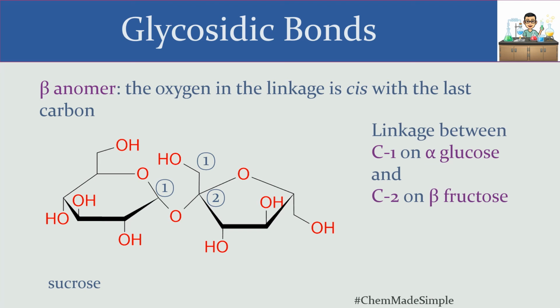What's happening is that the bond is between carbon number 1 on an alpha glucose and carbon number 2 on a beta fructose. So this linkage actually combines the alpha anomer on one side with the beta anomer on the other. Notice that for the molecule that we had from before, we didn't really specify the anomers on both. We only specified the anomer on one, and that's because the second molecule could flip its anomer, whereas here, both